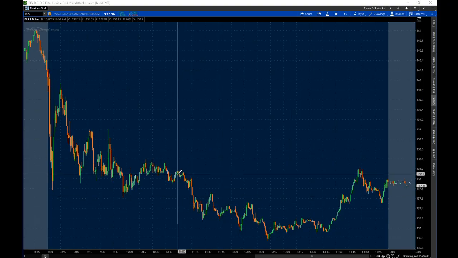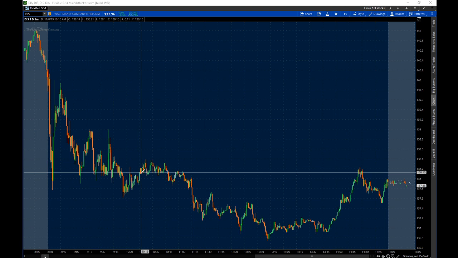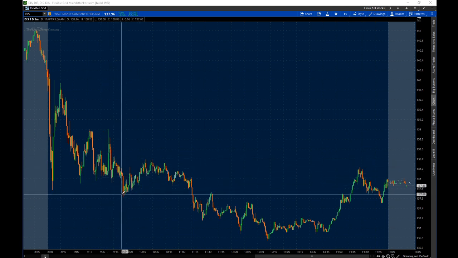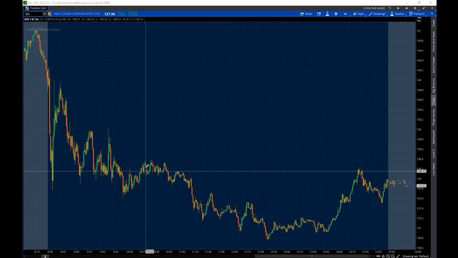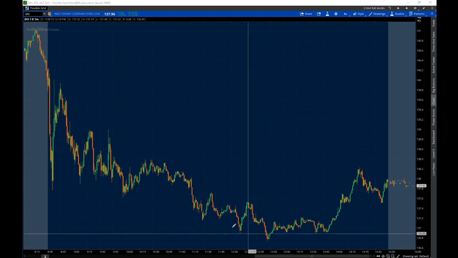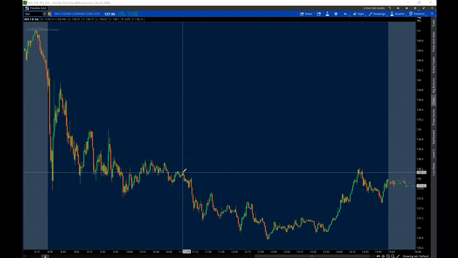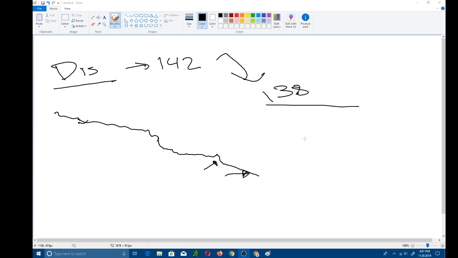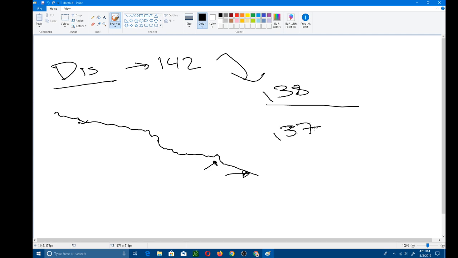So I traded Disney today around, I think, 11 o'clock. Actually, no, I was actually in it for here, I believe. So it was continuously showing weakness and then pulling back and then showing weakness again. So I liked the stock. I liked kind of where it was headed, and I was like, all right, let me see what's up. And so what I ended up doing is I bought one put, the 137 put for $31.